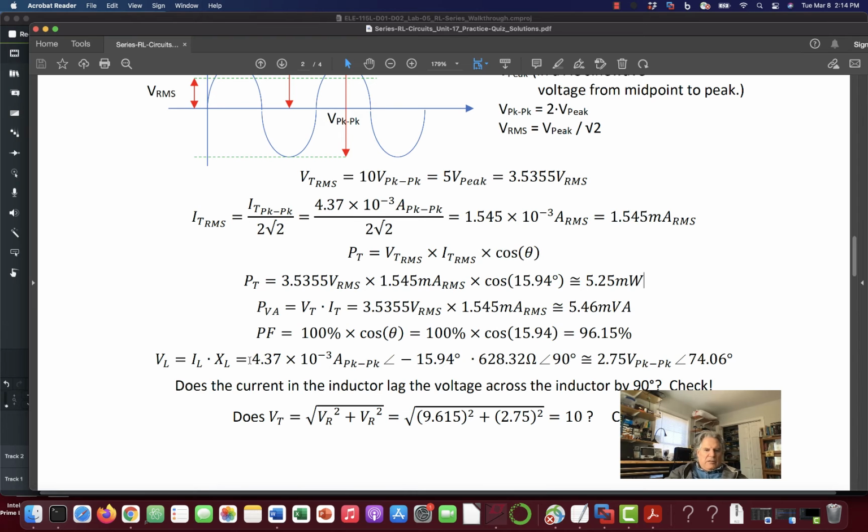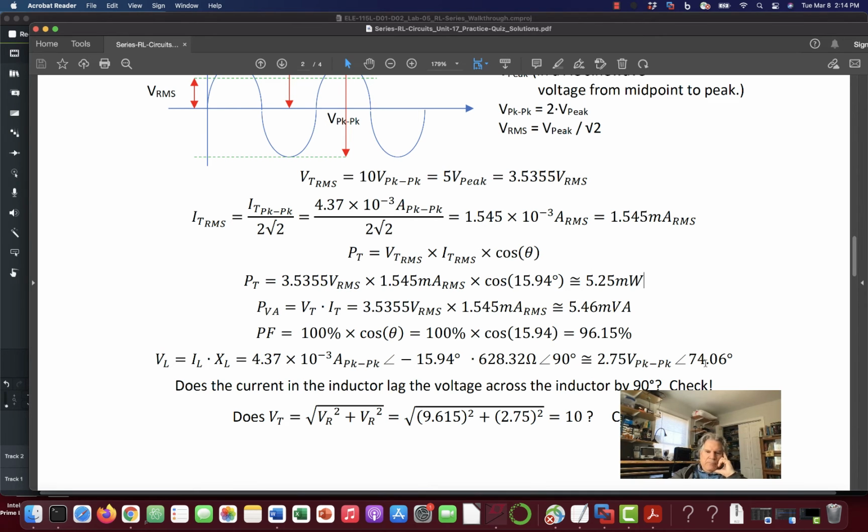So we have our total current, 4.37 milliamps peak to peak at minus 15.94 degrees, times the inductive reactance of the coil, and that's at 90 degrees because it's straight up and down, and what we get is 2.75 volts peak to peak